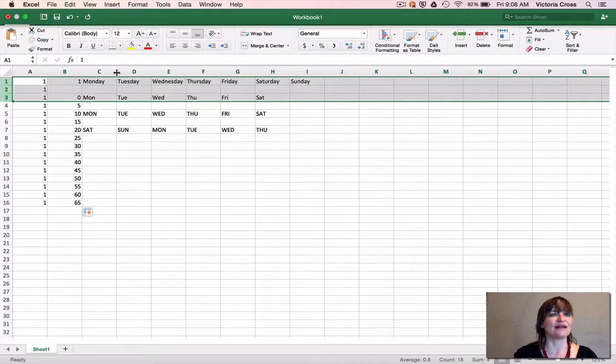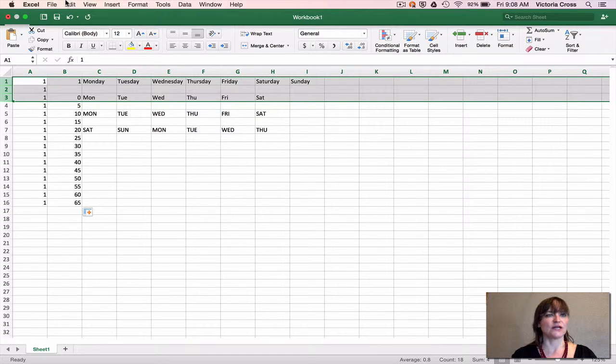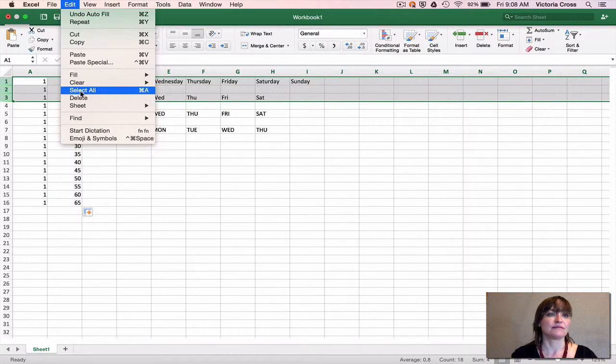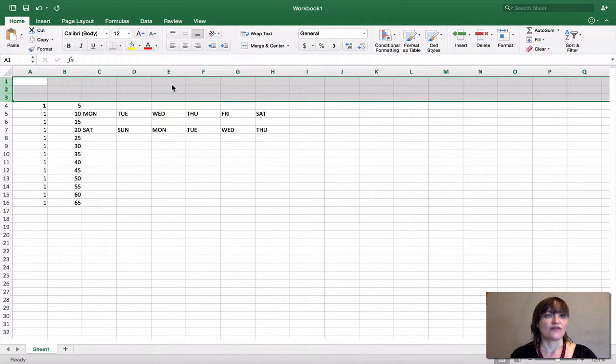And we'll talk about this in a minute, that those are very similar to the tabs along here on the ribbon. A lot of the functions can be done in multiple different places and in multiple different ways. You'll learn the keyboard shortcuts for a lot of these as well as you move along. So if I want to use Edit, Clear, All, that clears those contents, and you notice that nothing else moved, everything else is the same. It's just cleared what was in those first 3 rows.